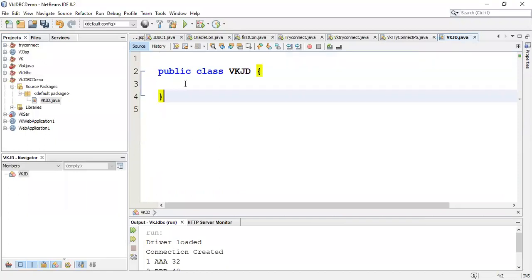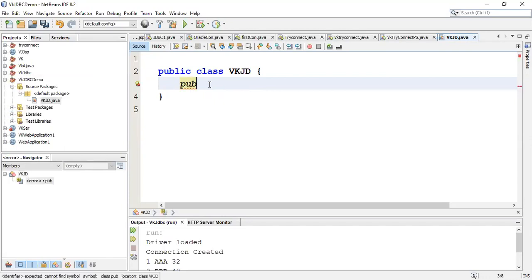If I would have created any package, it would have given the package name. Now VKJD is the class name. Now I'll write public static void main, and then String args.